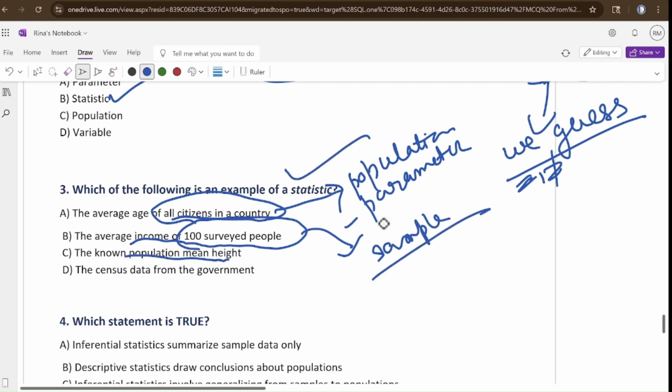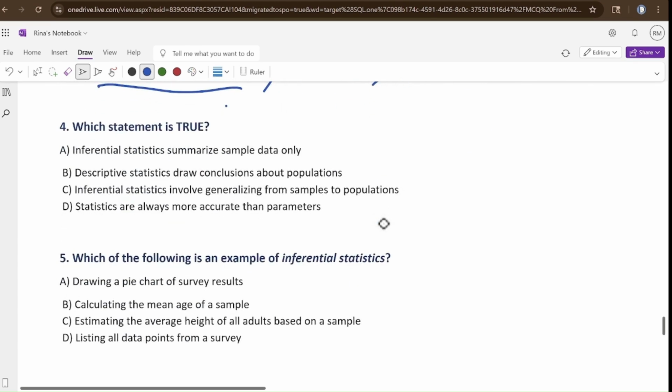The known population mean height, not known. The census data from government, no, that's a data. Which statement is true? Inferential statistics summarize sample data only. No, from the sample we are trying to calculate the parameter, right? Descriptive statistics draw conclusion about population. No, I just told descriptive means it is just representing